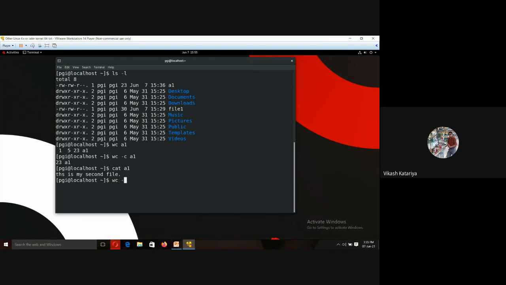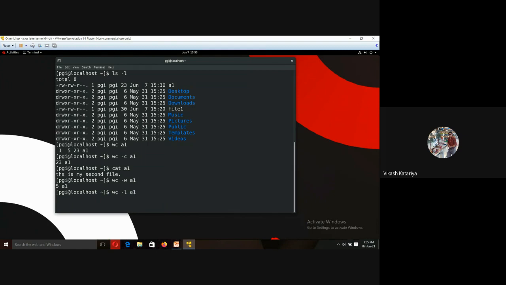wc -w for getting the total number of words for a related file, that is the A1 file. So it will show 5 A1. It shows that the A1 file contains a total of 5 words. Similarly, you can use the wc command to get the total number of lines in a file.